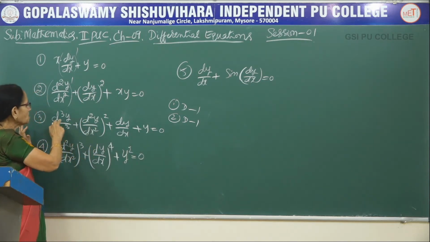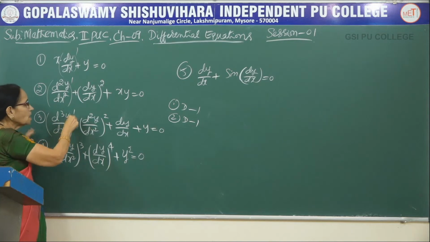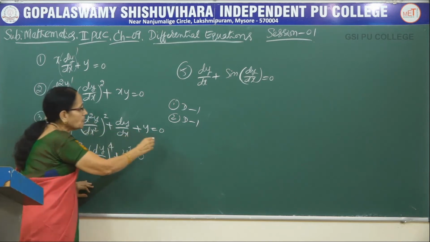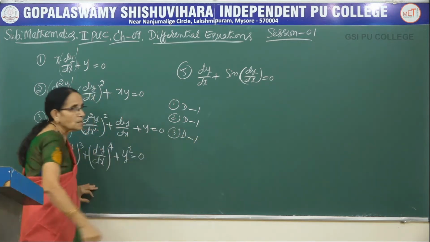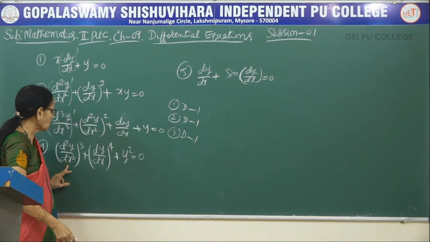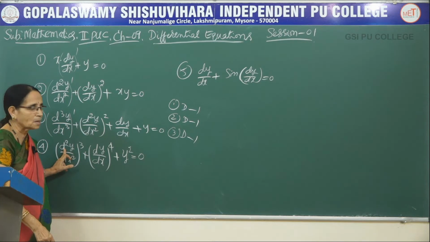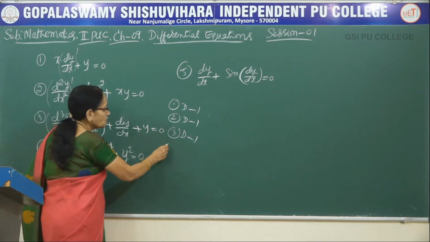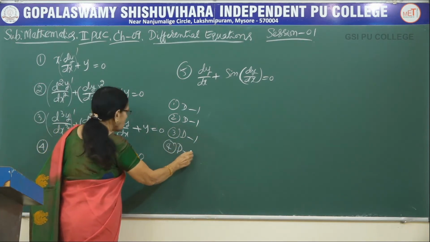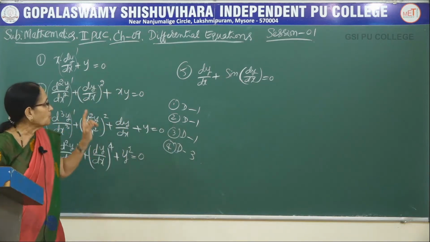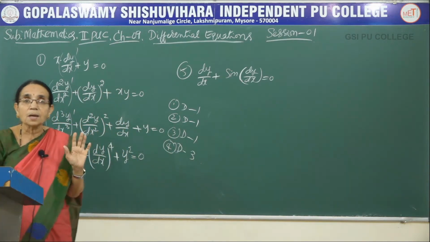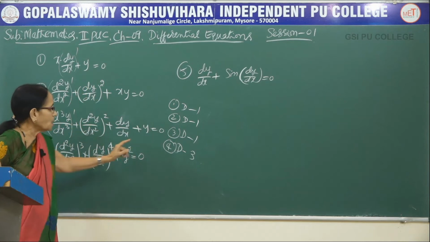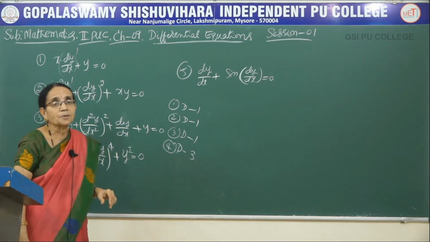Same thing here also. See, d cube y by dx cube. What is the degree of this one? It is 1. And the degree of the second is 2, more than this one. Still, you cannot take it as the degree of the differential equation. Now, come to the fourth one. See, order is 2 here. It's a second order derivative. What's the degree of this one? 3. Now, this is again more than that one. Still, in the fourth example, the degree is equal to 3. That means that in the first, second, third and fourth, the degree is defined and their degrees are respectively 1, 1, 1 and 3.